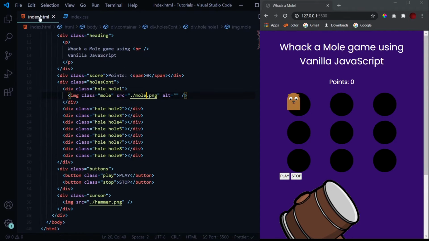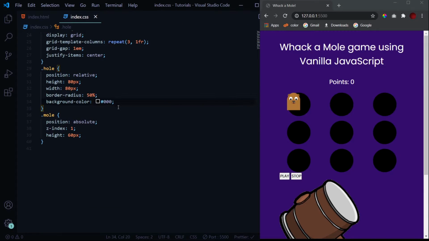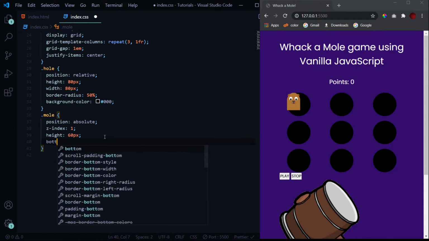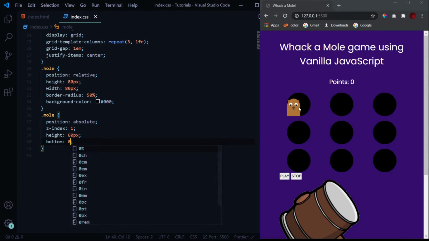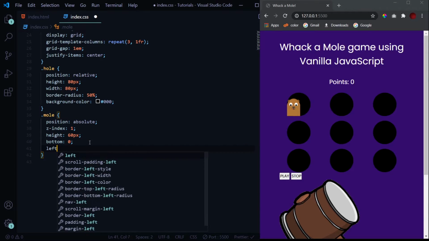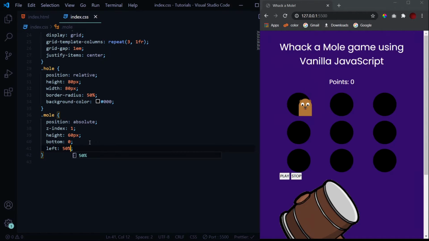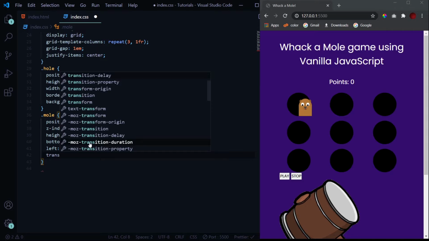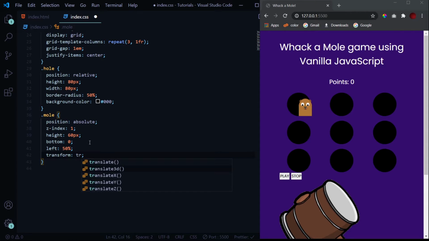I will give a link to this one as well. Yeah, a height of 60 pixels, then a bottom of 0 so that it's stuck to the bottom of the hole, a left of 50%, and a transform translateX of minus 50% to perfectly horizontally align it.